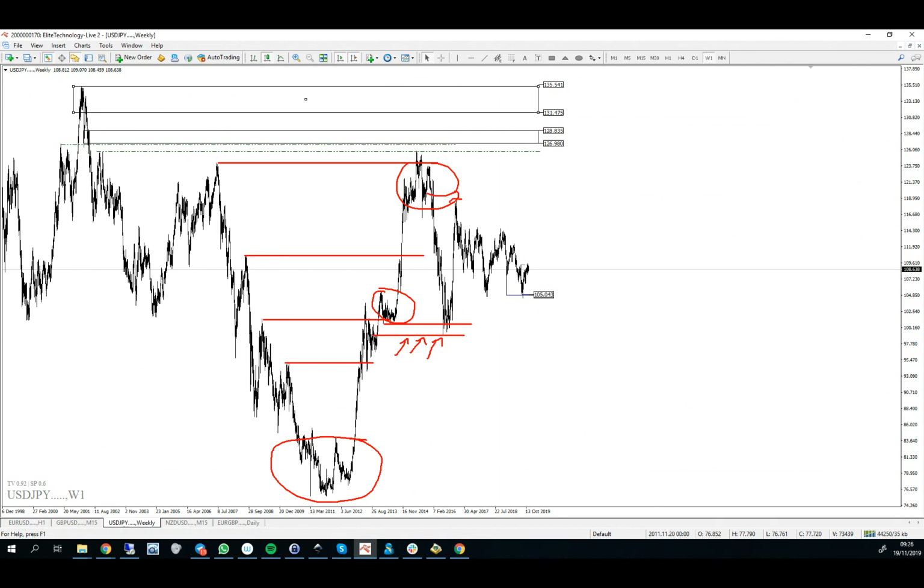This achievement was breaking drop base drop, but it wasn't actually breaking higher highs,